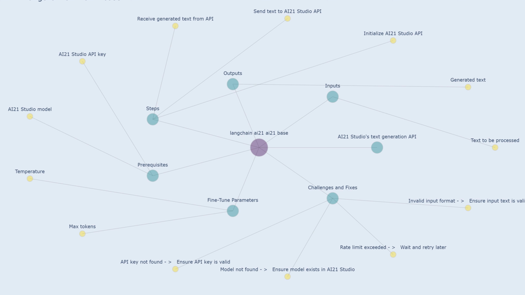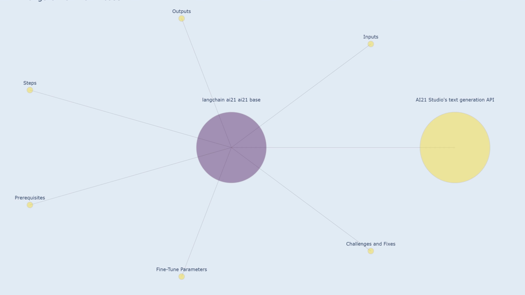Langchain AI21base. This langchain component is a wrapper for the AI21 Studio text generation application programming interface API. It leverages the AI21 Studio platform's advanced natural language processing (NLP) capabilities to generate coherent and contextually relevant text based